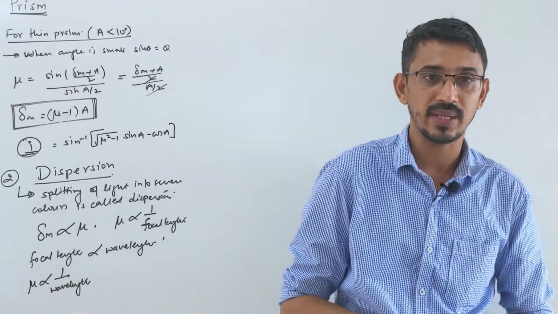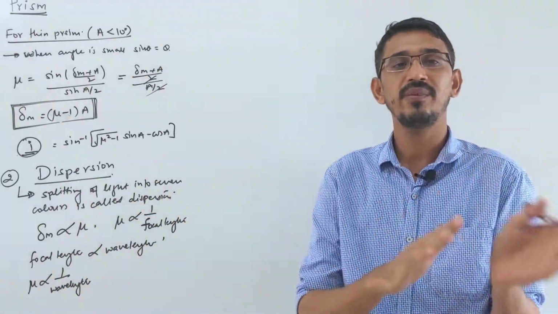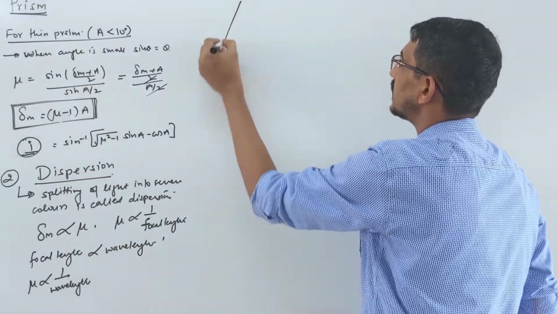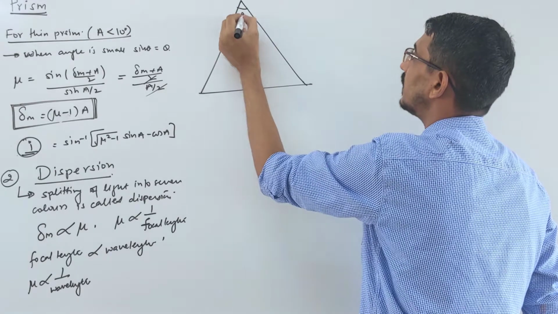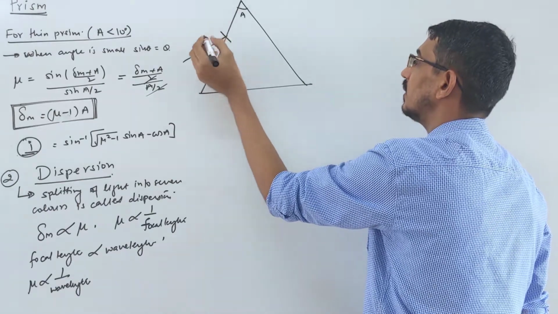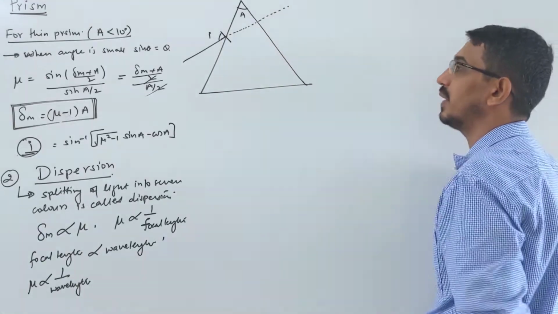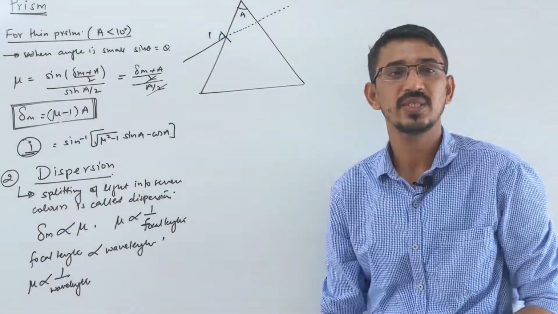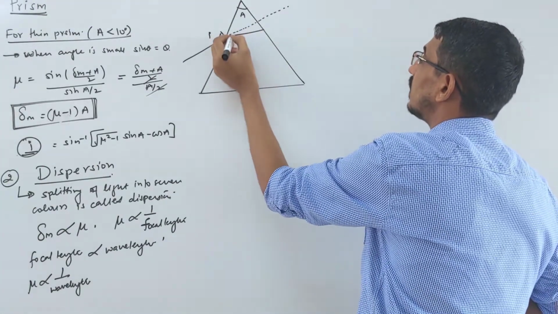So when dispersion happens, light splits into colors, and at the same time deviation also happens. Light deviates from its path and also splits into colors. So two phenomena are learned together: deviation and dispersion. Let's talk about dispersion alone first. This is your prism, and this is the angle of the prism. Some white light came here, this is your angle of incidence. The light should go that way if it is not deviating. But because this is not like parallel slabs, the thickness is not the same, so the light starts splitting into colors that way.